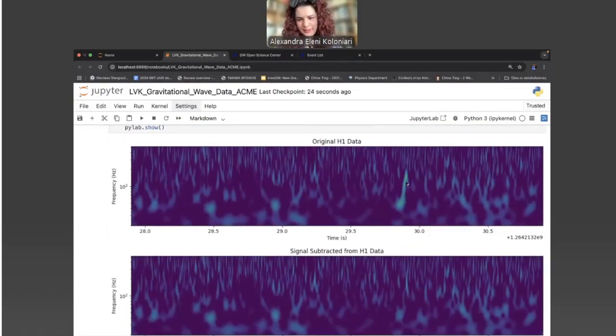For example, here, you can see the signal is here, and you can see some residual of the signal here and here.